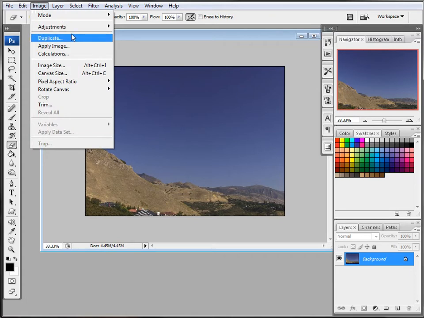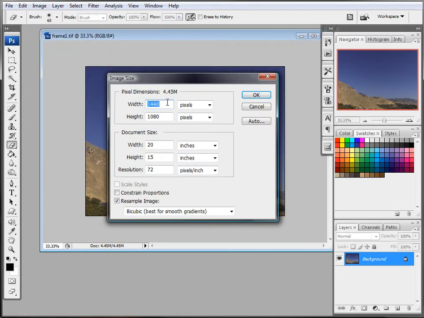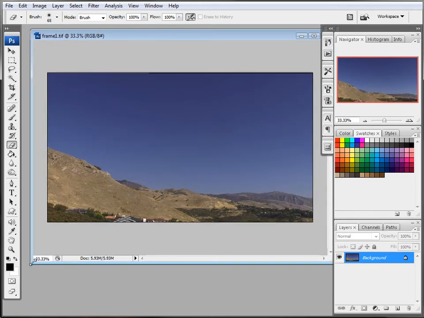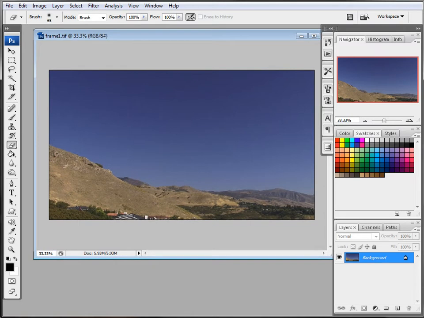So let's go to adjust. We'll go to image size. We'll just type 1920. So we'll expand this way. This is one image, and now let's bring in our castle